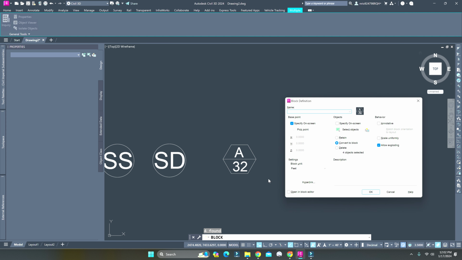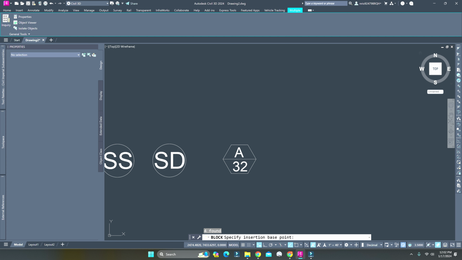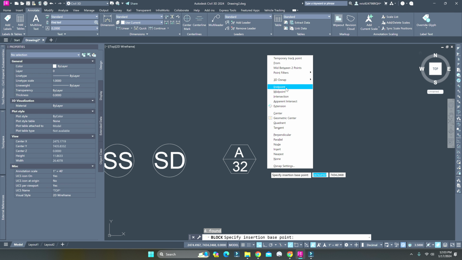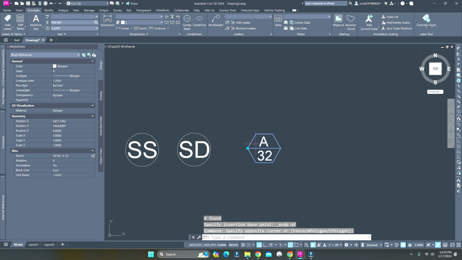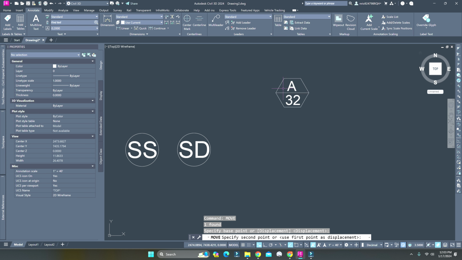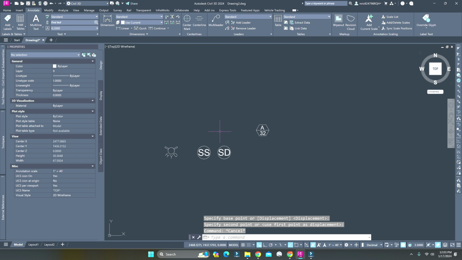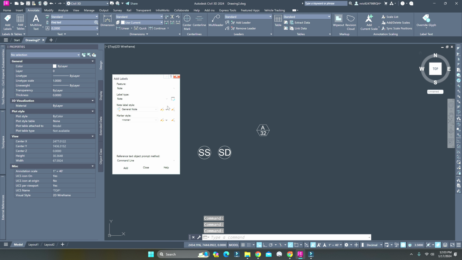You turn it into a block, you say A-32, that's what you'll call it, or you can call it just detail A-32. And then we'll select a point, and that point would be this point right there. So there you go. You have a block like this, which is useful because when you use annotative,